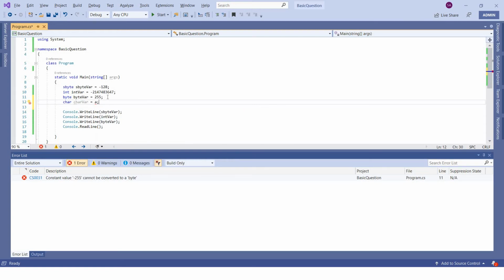Each character has to be defined within a single quote. Whatever character you want to store has to be in single quotes. If you try to give it in double quotes, it will no longer be a character. It will be treated as a string, even though there is only one character.